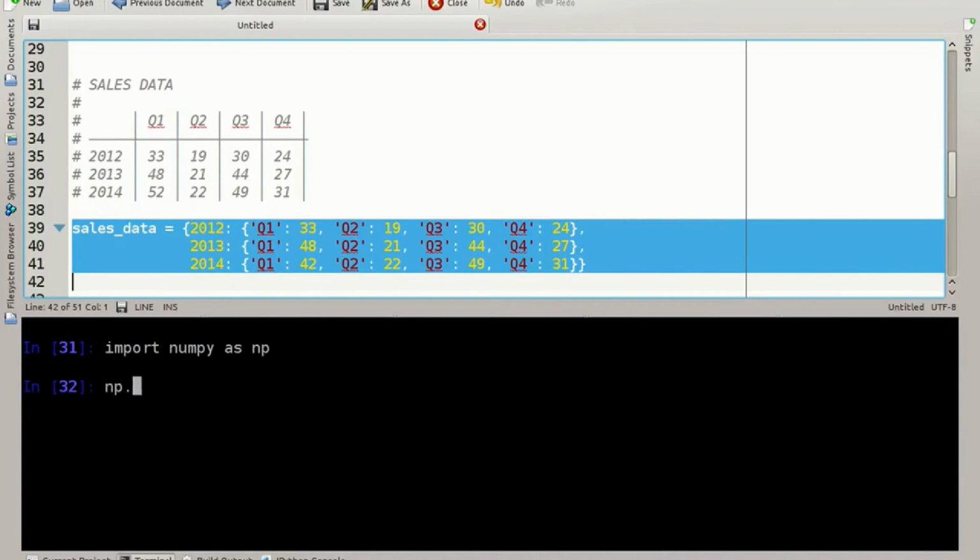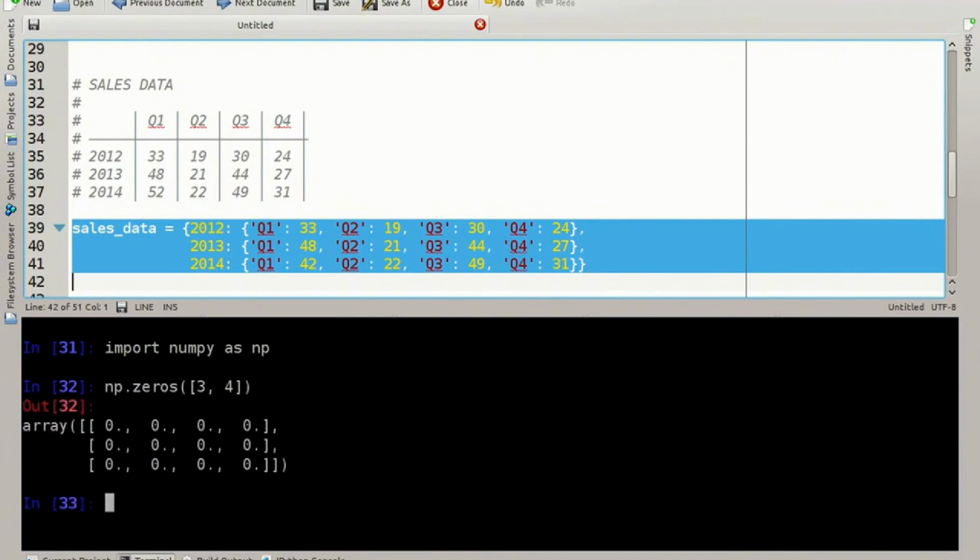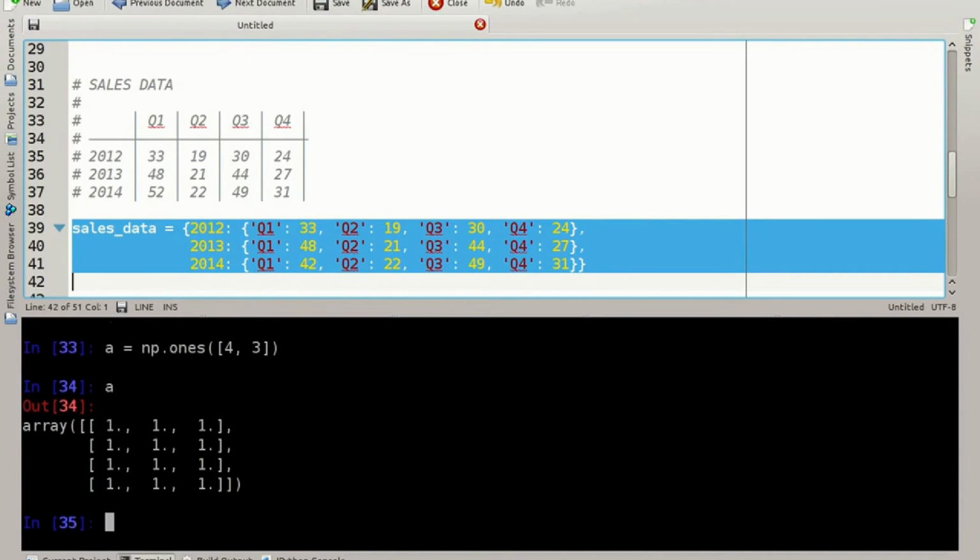If I want to create a zero initialized two-dimensional array, I can say np.zeros of 3, 4 and get a 3-row 4-column array. Or I can do a one initialized one saying np.ones of 4, 3. Let's print this, and here I've got 4 columns and